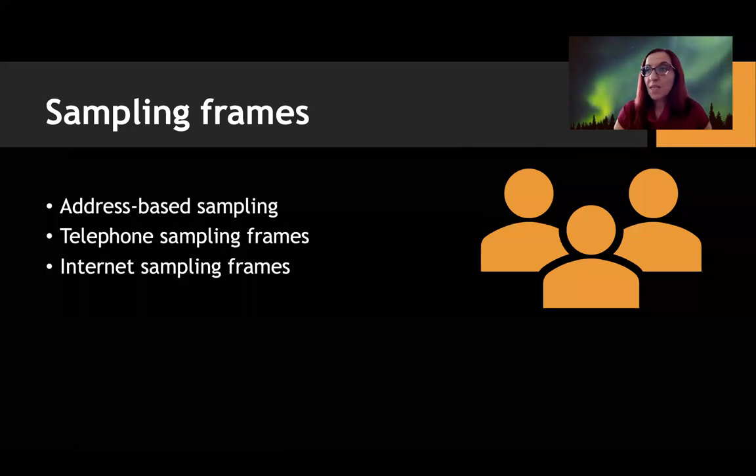Sampling frames could be based on several things, several variables. So one of them could be address-based sampling. So what does it mean? People used to send out surveys based on people's mail addresses, but you know how they move around. So now one of the things to ensure that you are actually reaching people who live in a specific address, you could use this address-based sample to look at people's addresses and then select people you would include in a specific state in your study, such as New York or New Jersey, for example.